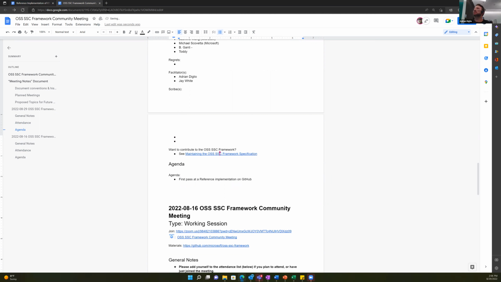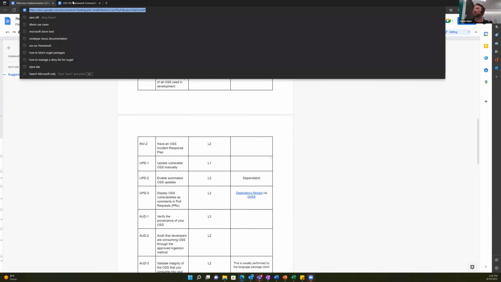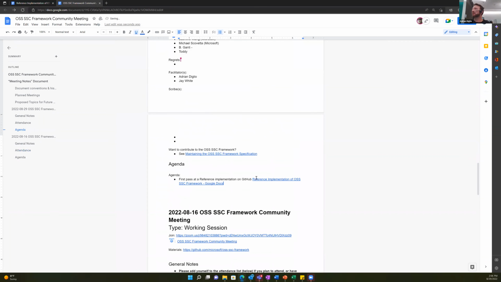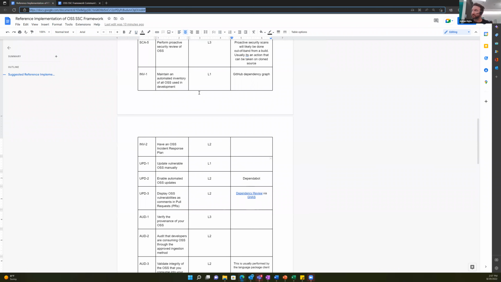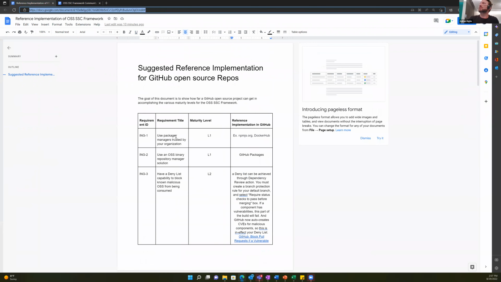I've got this doc here, so let me walk through. I wanted to take a first stab at how a GitHub project could use the existing controls and existing open source available to them to integrate to meet